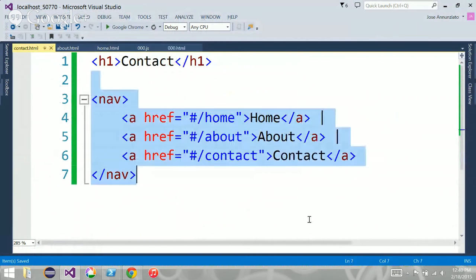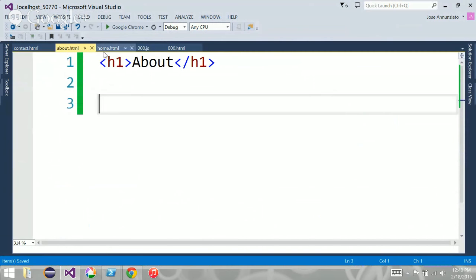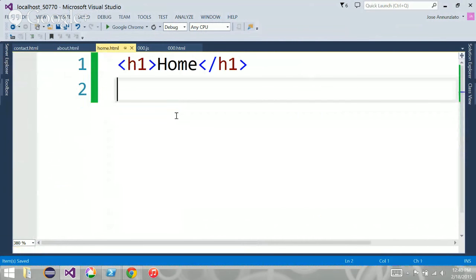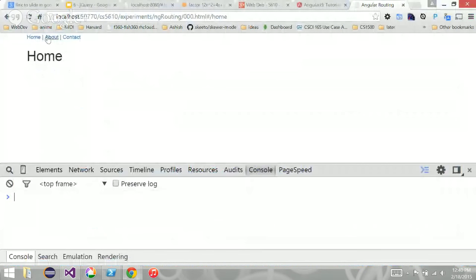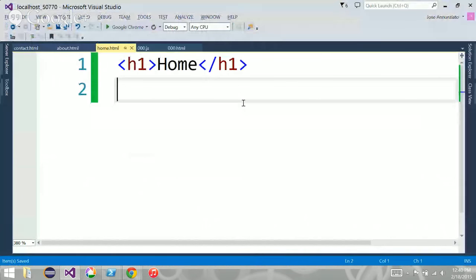Or another technique could be that each one of these can include. Just like you do server-side includes, here you can do client-side includes. You can say there's this piece of HTML that I would like to include in my page. So I'm removing all these. Now it's centralized, so I can navigate to about and contact from anywhere. See that? Okay, so that's the basics of navigation. Everybody okay?